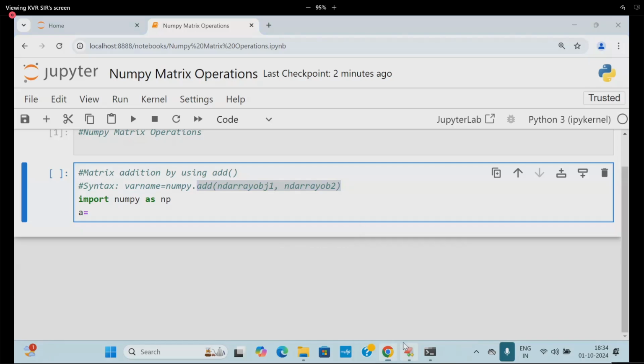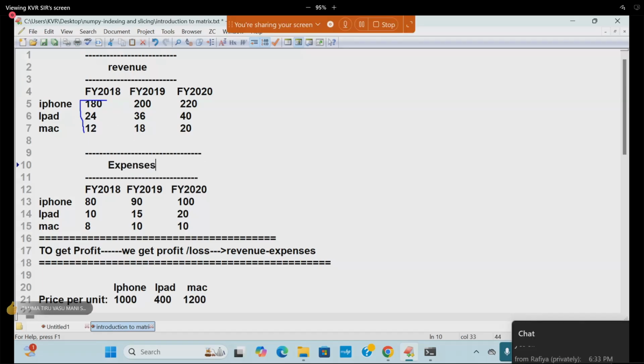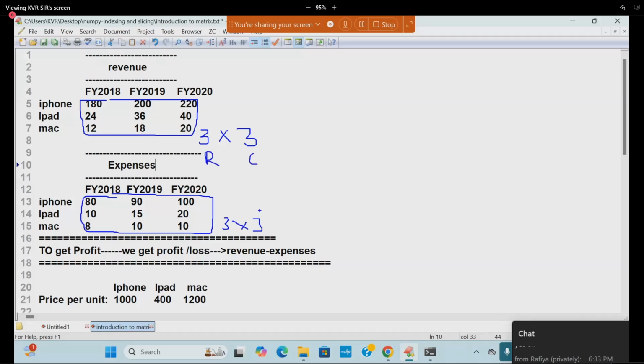If I take the earlier example, revenue versus expenses, how many revenues are there? The order is 3 rows and 3 columns: 3 products, 3 financial years. Expenses are also for the same products and same financial years, so that is 3 comma 3. The number of rows and columns of the first matrix must be equal to the number of rows and columns of the second matrix. Then it is possible,